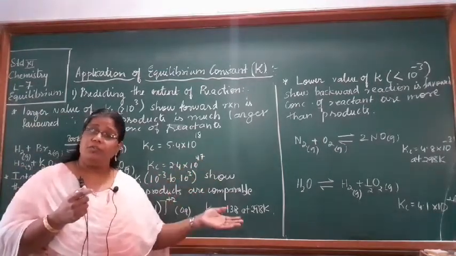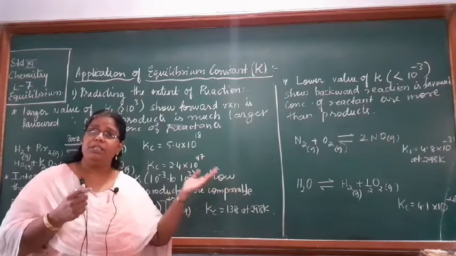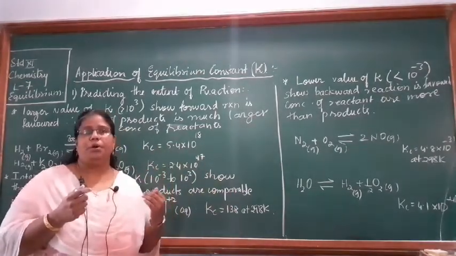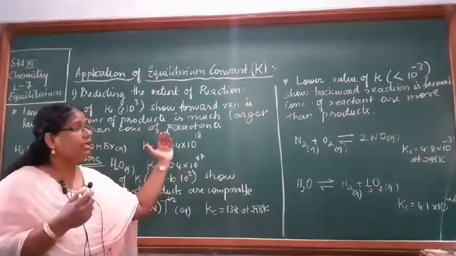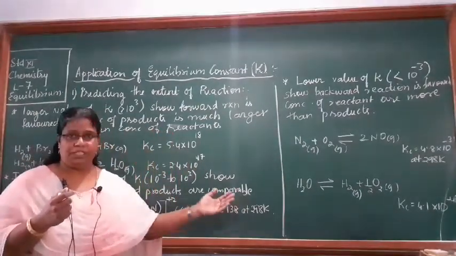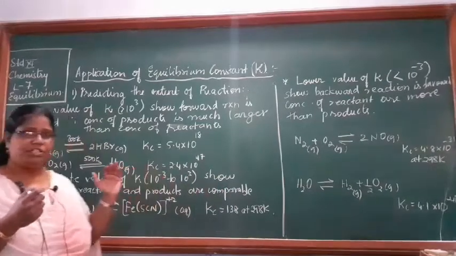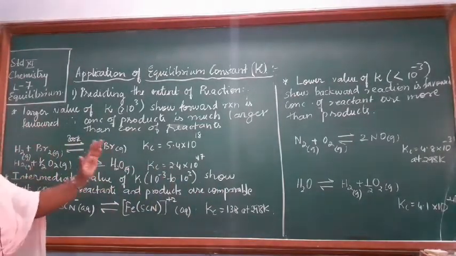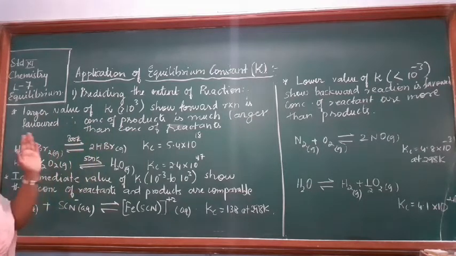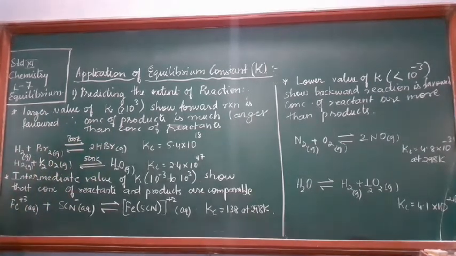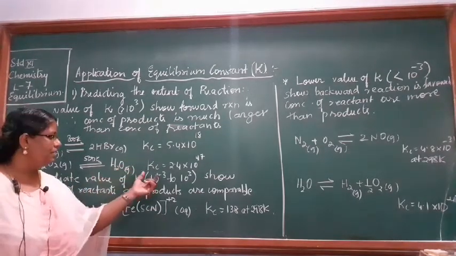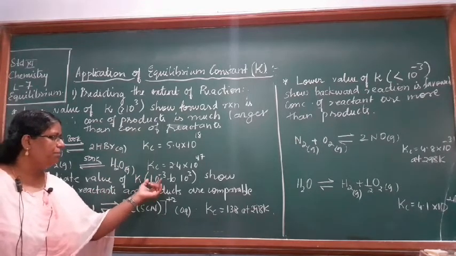direction, and if the forward reaction is occurring, that means the amount of product will be much larger than the amount of reactant. That means here the reaction will lead to completion, it will go to completion. Okay. So larger the value of K, more is the forward reaction, and the reaction will be heading towards completion. Okay. Intermediate value of K means in between value, like K value comes between 10 power minus 3